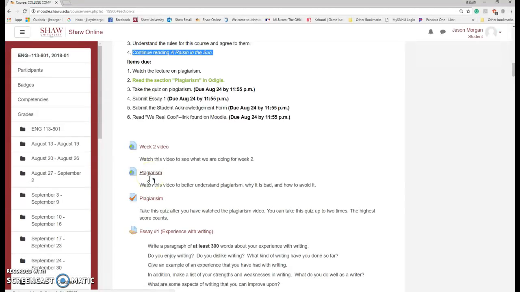Every semester, students, at least 2 or 3 in every class, decide, oh, it sure would be easier to write a paper by copying and pasting somebody else's work and calling it my own. And they get caught and they get a 0. With the technology we have today, when you submit your major papers, they go through a plagiarism filter and they tell us exactly what you copied and where you got it from.